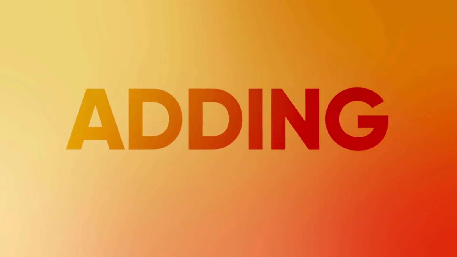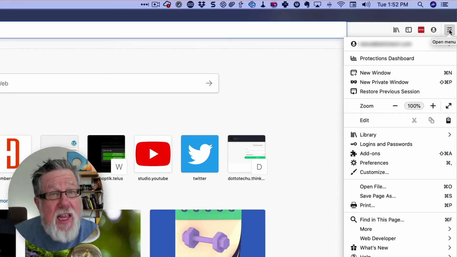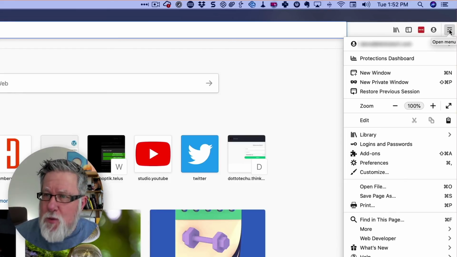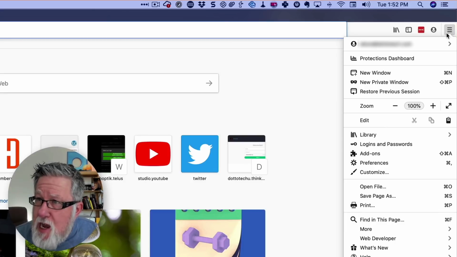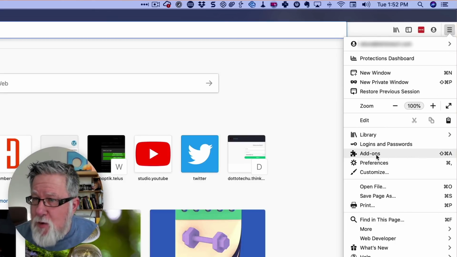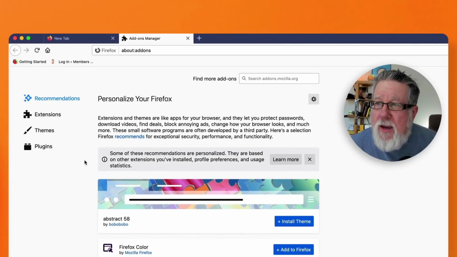So Grammarly installs, and what it does is add some extra functionality when I'm in any browser window, when I'm doing email or anything in my browser or writing a response, it's checking the grammar for me, which saves me from embarrassment on a regular basis. Remember how I mentioned that there's always the toolbar now on the right-hand side? I'm going over here and clicking on the hamburger menu, which pops this down, and I can see right here, add-ons. I click on the add-ons, and now I can personalize Firefox.